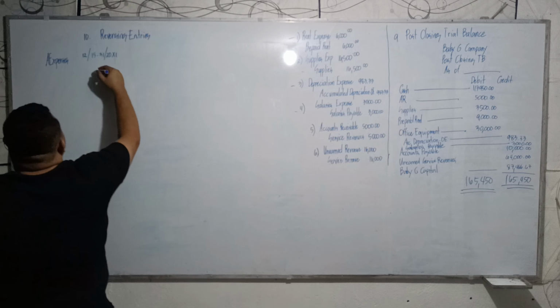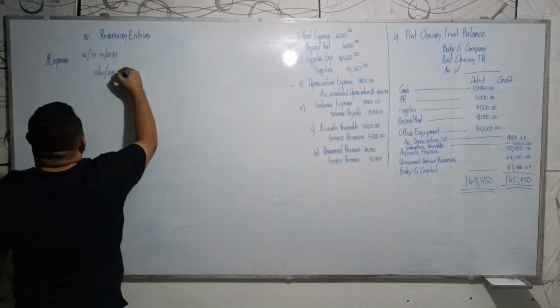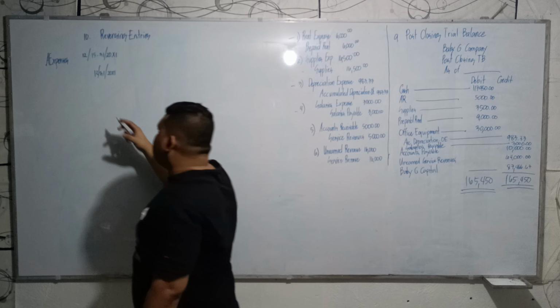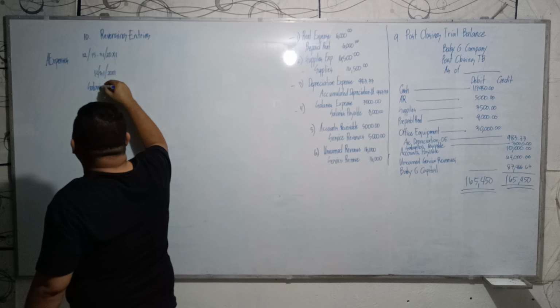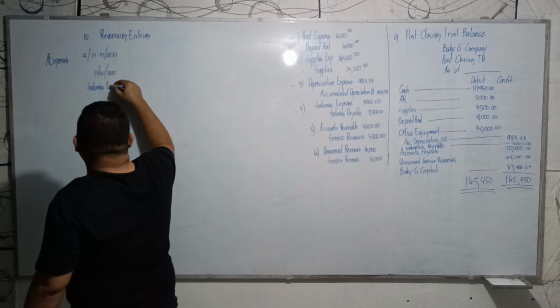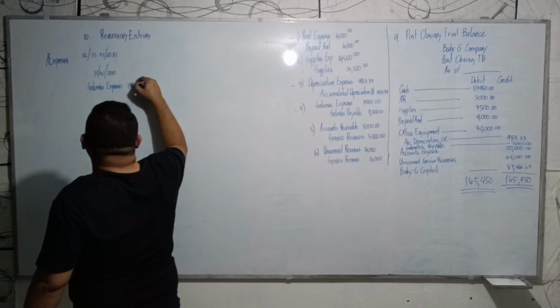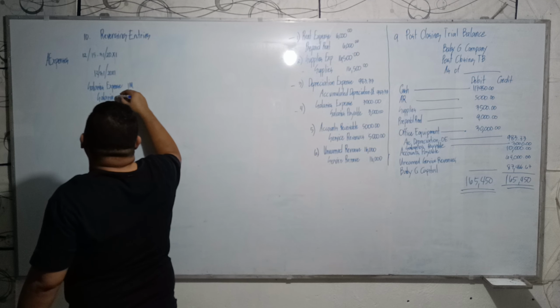So, on December 31, 20x1, you have to make an adjusting entry for the accrued expense. Let's say, for example, salaries expense, 1 million, and then salaries payable,